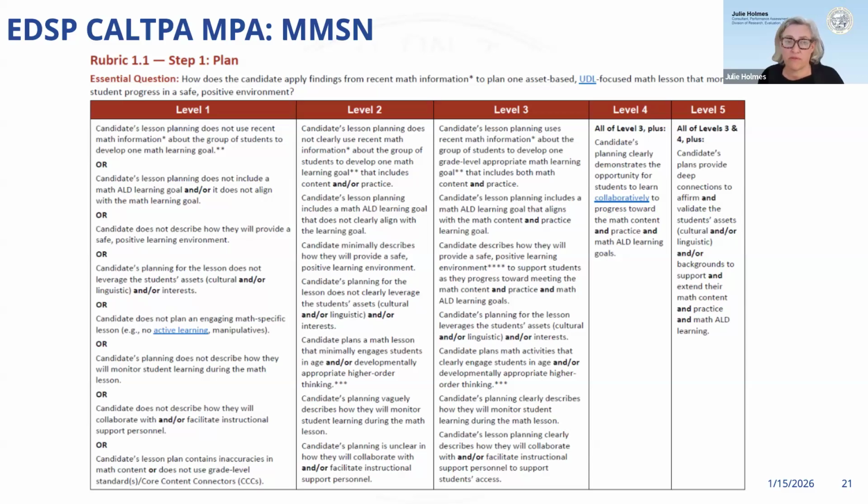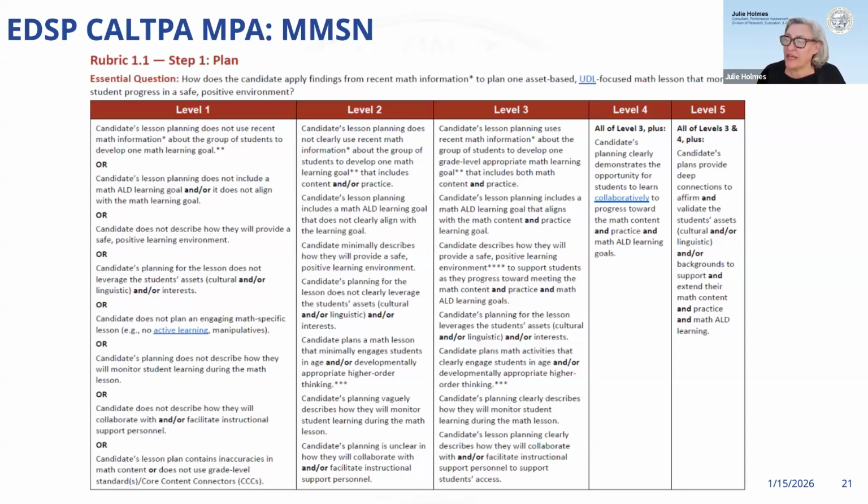So it's very important that they have their grade level standards, that they have their content and the practice learning goal, and the next construct in level 3, that they have their academic language learning goal. That they've thought through this. We give examples in the guide so that they're thinking through what academic language is really going to help my students, because I know them the best, right? I've gotten to know my students the best. What's really going to help them access this information? And we want it aligned. Of course, we don't want an academic language goal about something that is not about the content and the practice of the math instruction that they're learning.